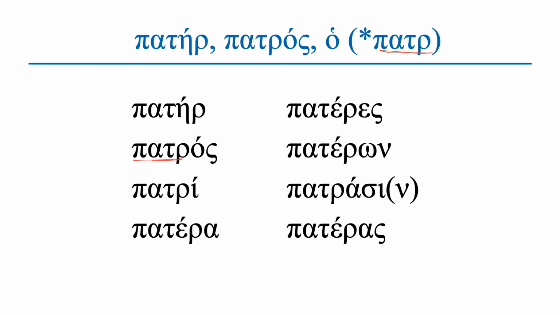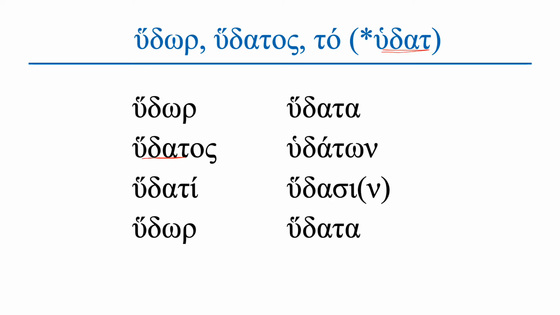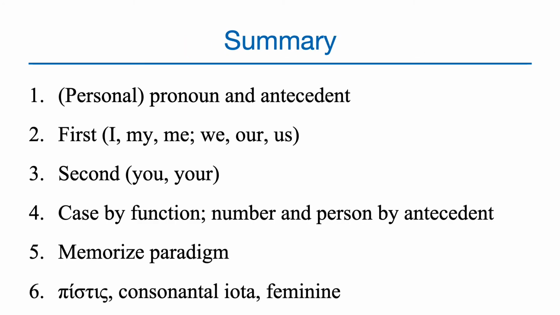Another form of third declension now, pater. The stem is patr, ending with a rho. Again, the stem comes from the genitive singular. Just be able to recognize these forms. Same with hudor, water. The stem is hudat, which means it ends with a tau. Where the omega comes from in the nominative singular, nobody knows. Maybe the alpha lengthened to omega. But everything else is basically normal.